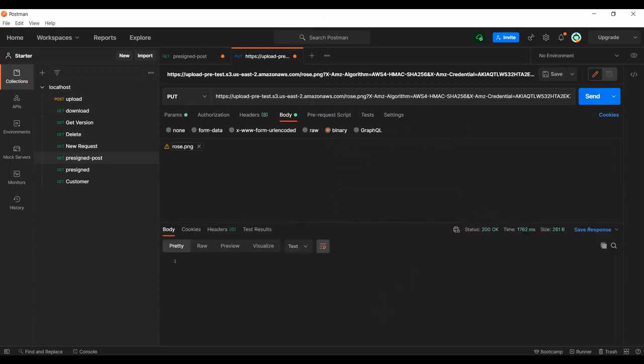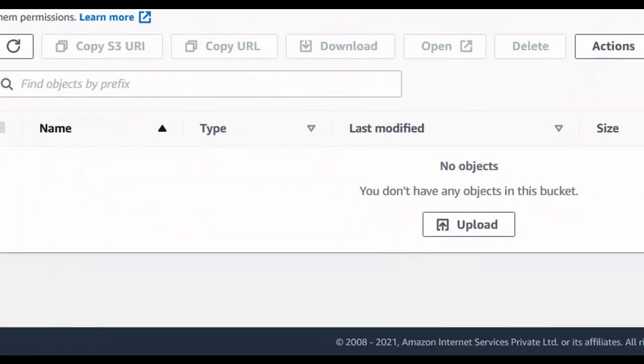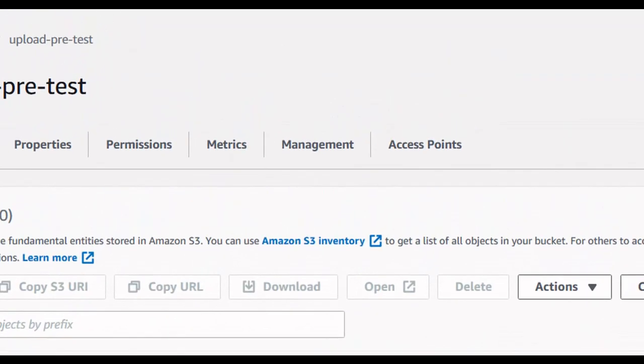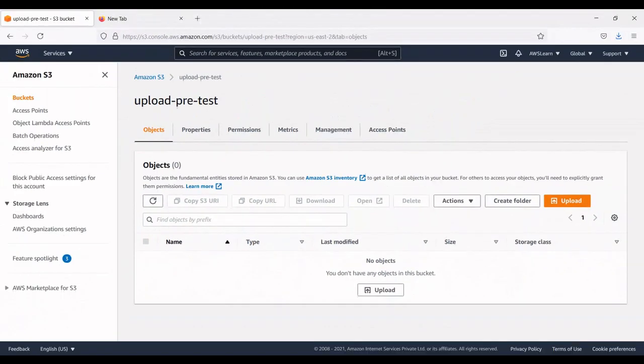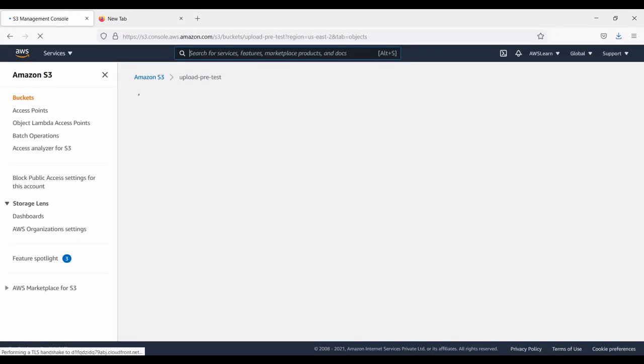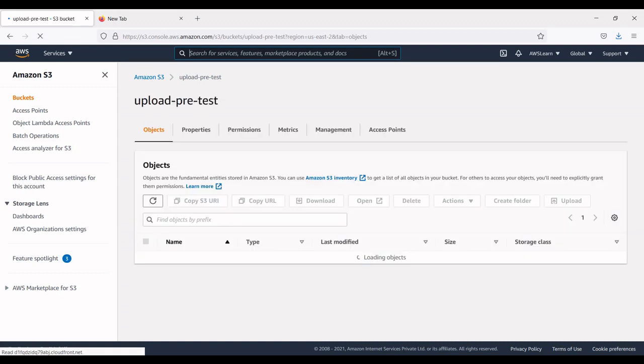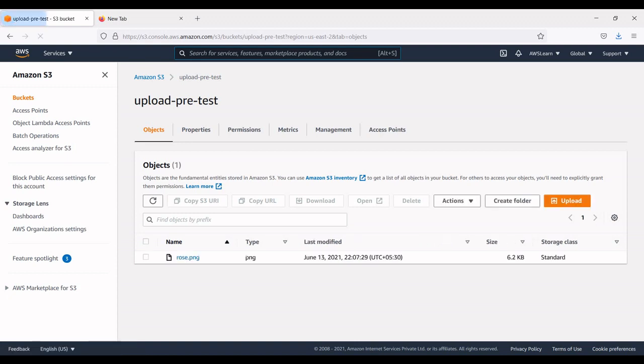Now you can upload the file. If you open it, the file is uploaded.